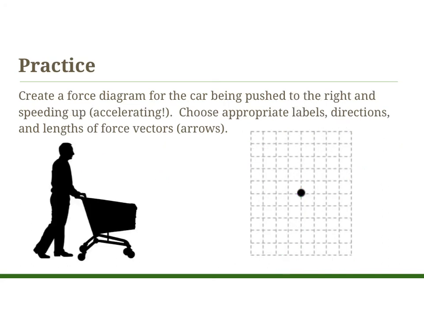Here we have one more example where we're creating a force diagram for the cart. Well, the cart being pushed to the right and speeding up, so it is accelerating. And so we're going to choose the appropriate labels. And just like we've done in the past, we are going to apply gravity. This time I'm going to make it a little bit shorter than the car because hopefully this shopping cart will be less massive than the car. So the force of gravity on the cart by the earth,